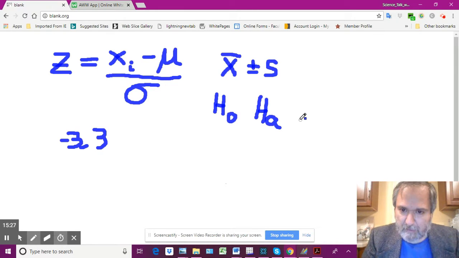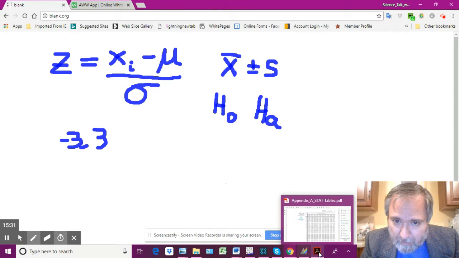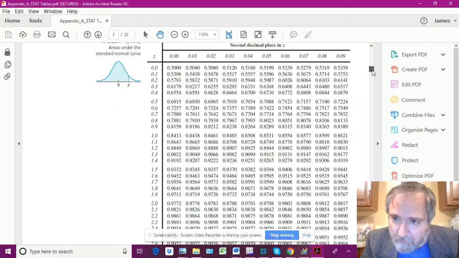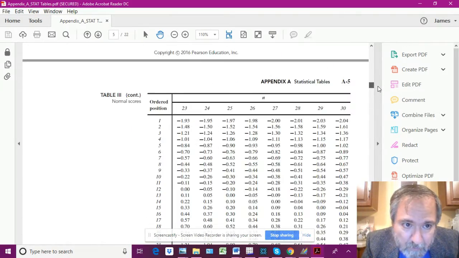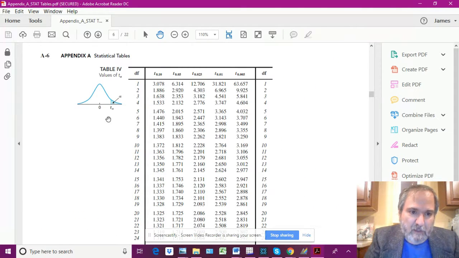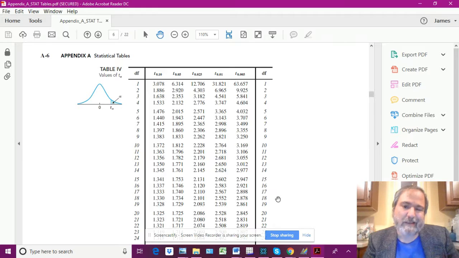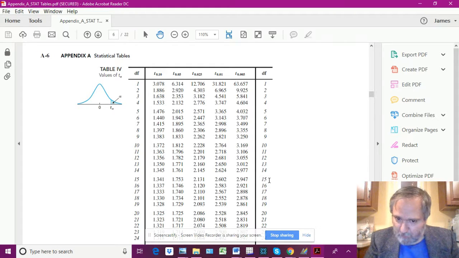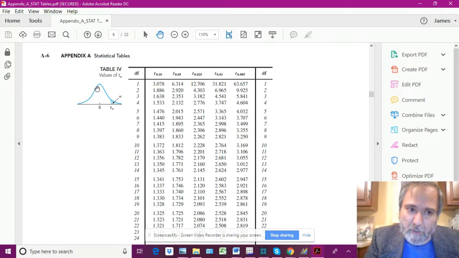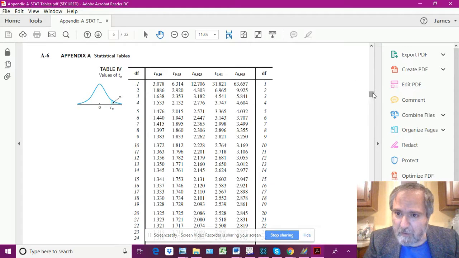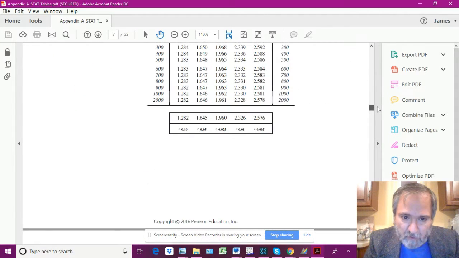Let me give you an example. I'm just going to briefly scroll down to the t-tables here. Now the t-tables are not the exact same thing as the normal distribution. You'll notice that the area given is to the right, not to the left as in the z-score. But as you increase what we call the degrees of freedom, basically the allowable data that you can work with, as this gets higher and higher, the shape of the t-curve becomes closer and closer to the normal distribution. In fact, you scroll all the way down here,